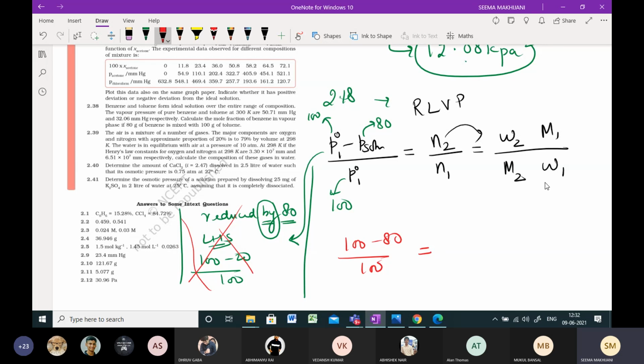You have to calculate the weight of the solute, which means this is unknown to you. Molecular mass of the solute was given to you as 40. The weight of the solvent was 114, given to you. Now you are left with the molecular mass of the solvent, which is to be calculated. They've only given you octane.